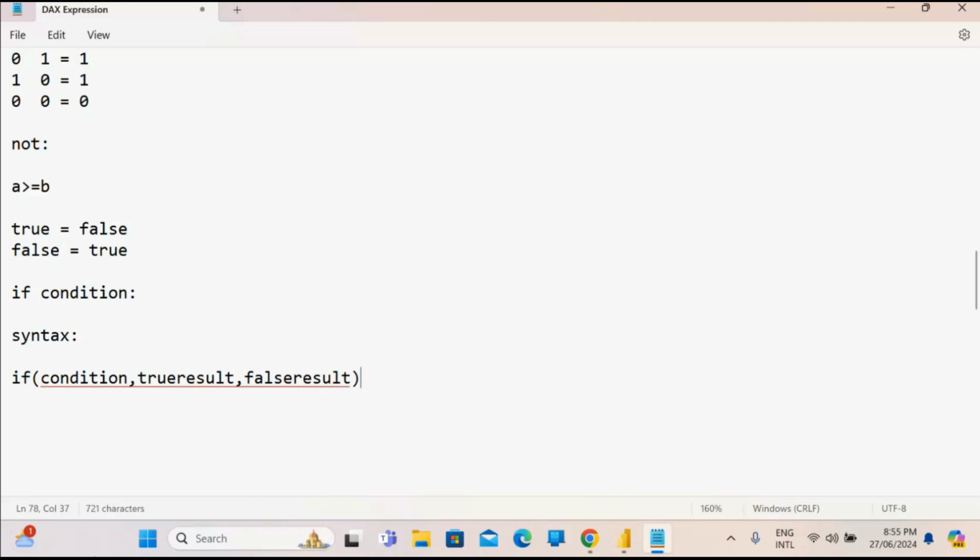In our previous session, if I applied some condition, it would check whether it is true or false. But in this if condition, instead of true, I can place some result. Whatever you want as a result value, you can give in the if condition. So how should I implement this condition? For example,